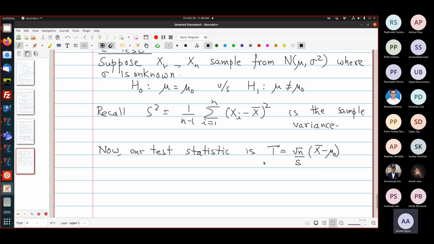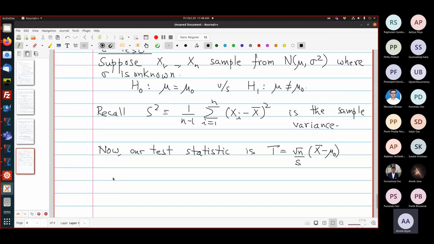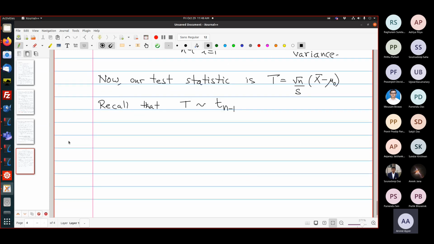So this is a natural statistic, and what is this distributed as, if you remember? Does anybody remember? T distribution. T distribution with what parameters? N minus 1. That's right. So T is a student T distribution with n minus 1 degrees of freedom. Right. So therefore, now I won't repeat the entire calculation, but the idea is from the confidence interval calculation.